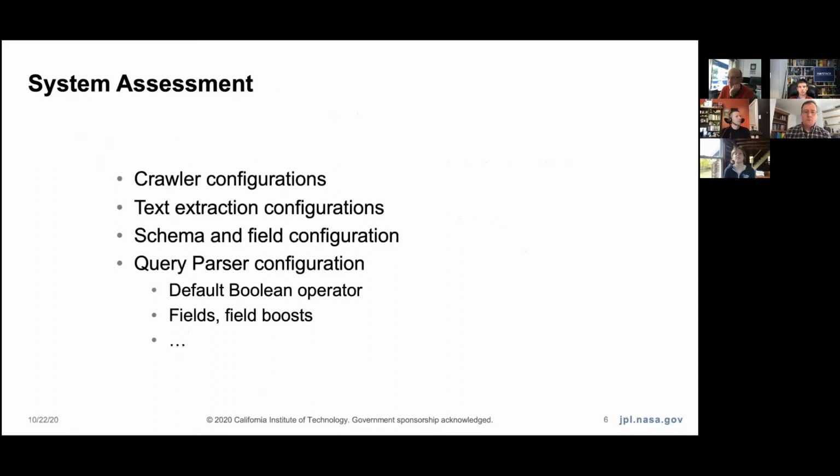Within a system assessment, some of the things that I've looked at have been the crawler configuration. So, how much logging do you have? When do you know when something's gone wrong? How quickly do you know when something's gone wrong? How often are you revisiting sites? Those kinds of things. Within text extraction, obviously, especially